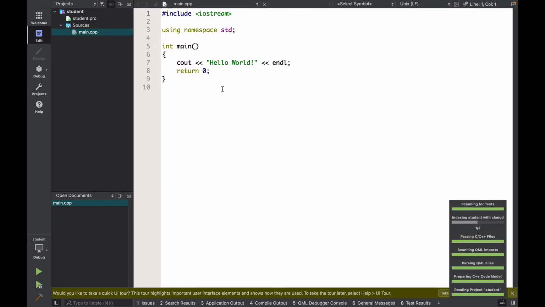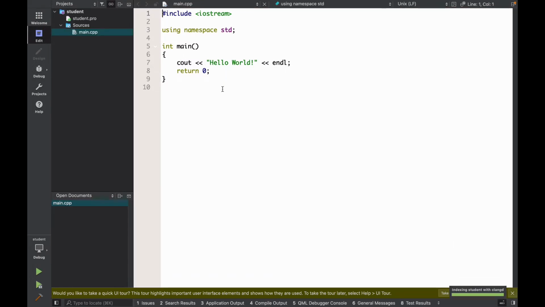Okay, so of course we are given this template, this Hello World program that we all know about. So that's not what we want to discuss though. What I want to discuss is the idea of classes and objects. And so